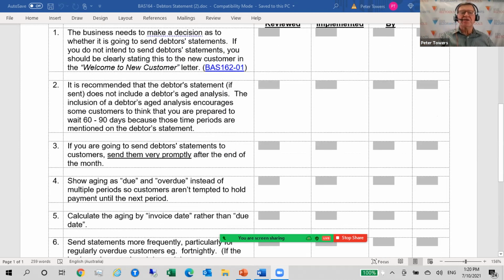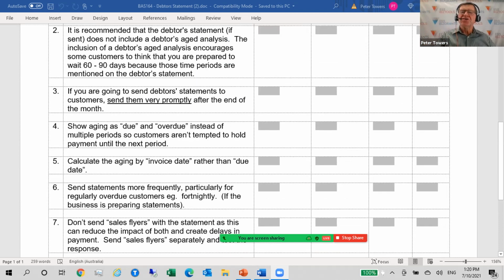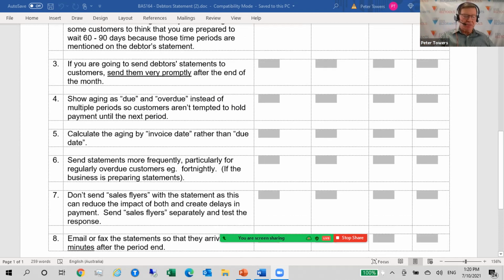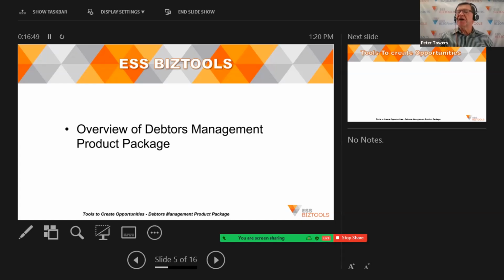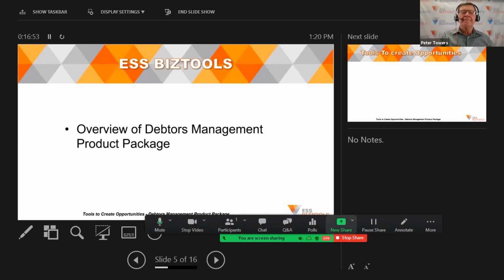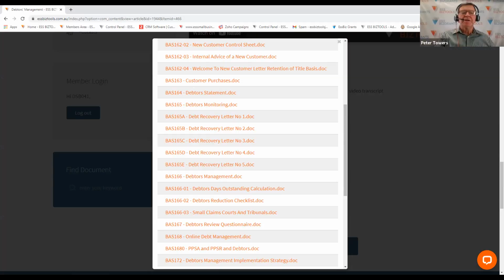So there's comments there on debtor statements. Now, obviously, you can share any of this that you wish with your clients. The next one I want to show you is a form to assist in debtors management. And the debtors management form will give you some hints that you might want to discuss with your clients on